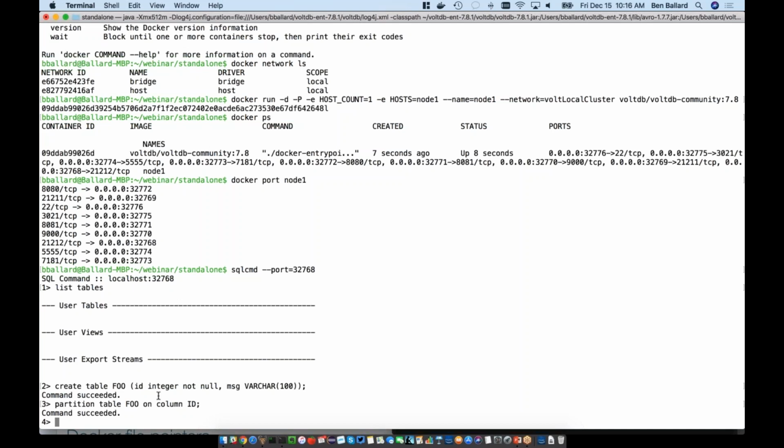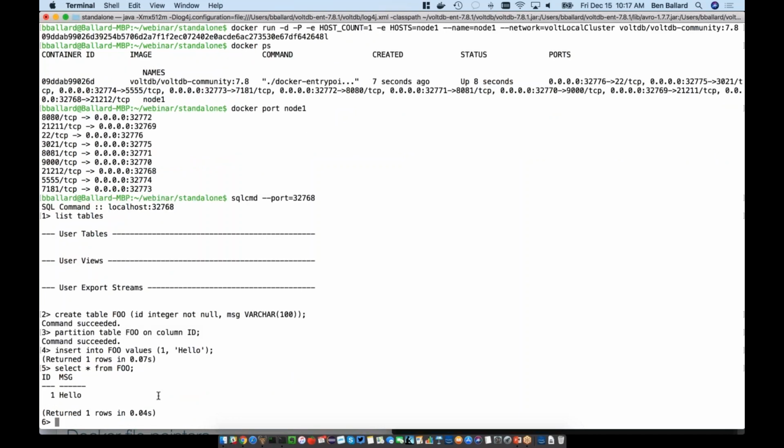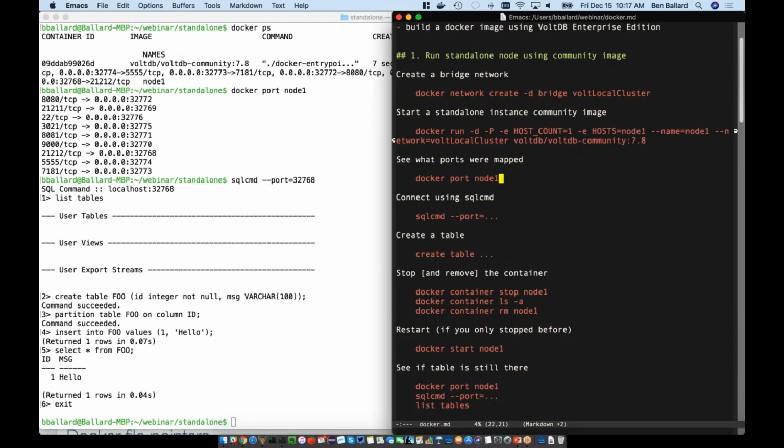Okay, so we can insert a record. So we can say insert into foo values 1, hello. Okay. So our data's there, and that's great. All right, and we can exit from the SQL command interface, and let's go back and see what's next. So we created a table. And so now let's,